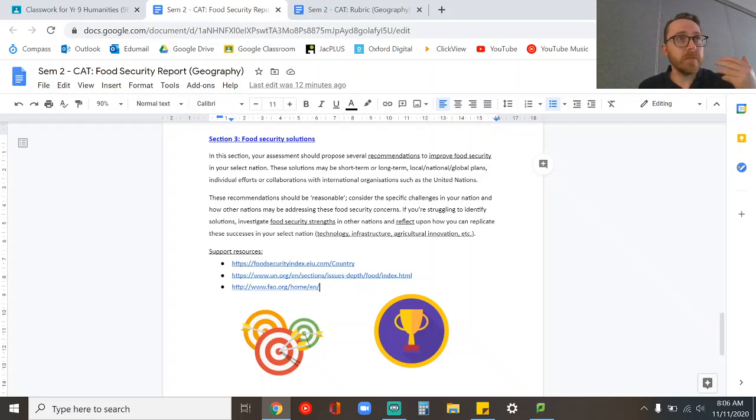If you've got the problem of climate change affecting you, don't just say, Mr. Tapley, solve climate change. Be like, no. Focus again specifically on what climate change is going to do to your food security and how you can fix that. So you could think of renewable energies, or if it's going to raise the water and flood away all your farms, you can think about finding new farmland or raising the farmland. Anyway, so recommendations should be specific.